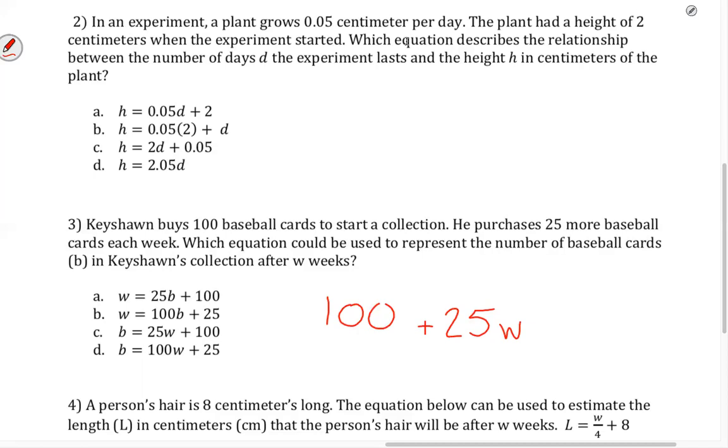All right, what about Emma? Which one would it be? A. Well, I see where you're going with A, but are my variables in the right place with A, Emma? Oh, wait. So that's the distractor here. Notice in A, they switched the W and the B, correct? You see how the 25 is partnered with the W? So does that mean it's C? C. There you go. So don't fall for the distractor. Make sure you look at your